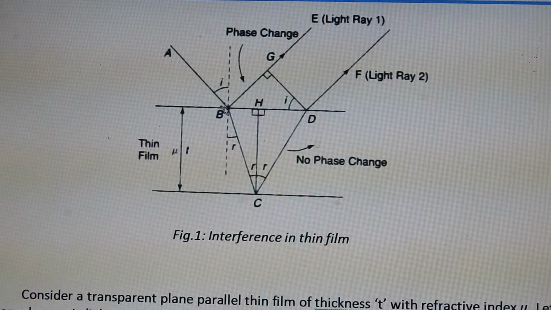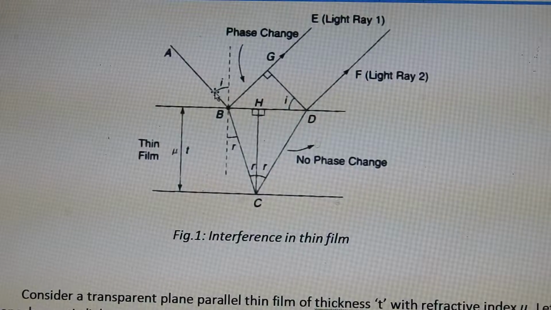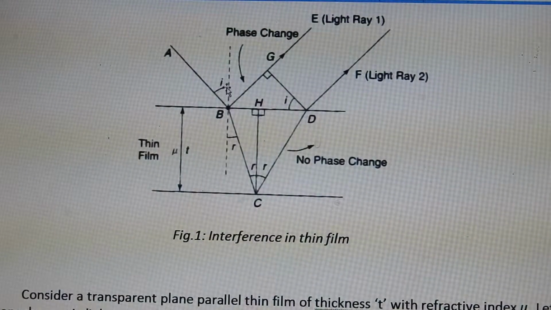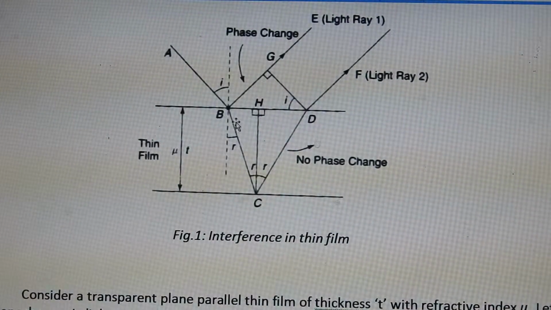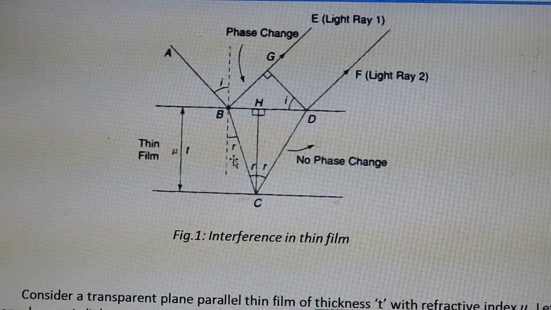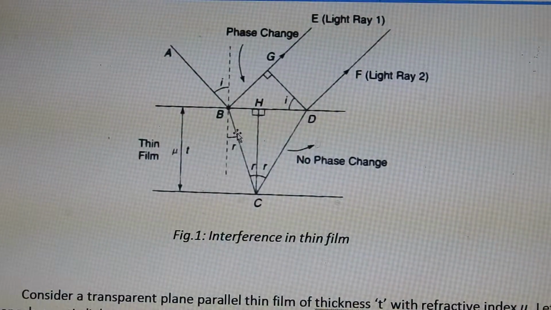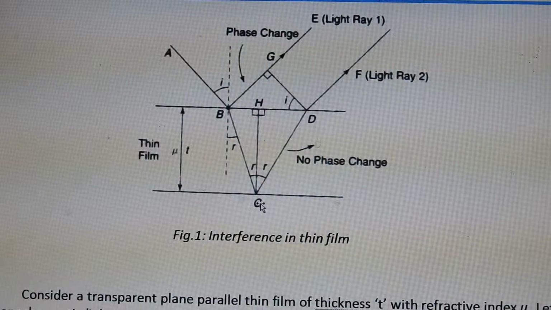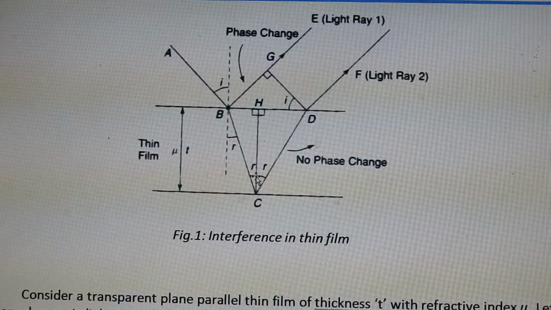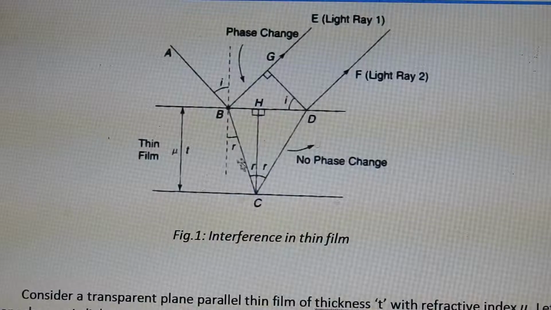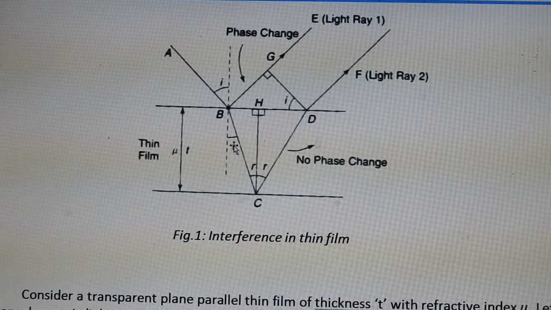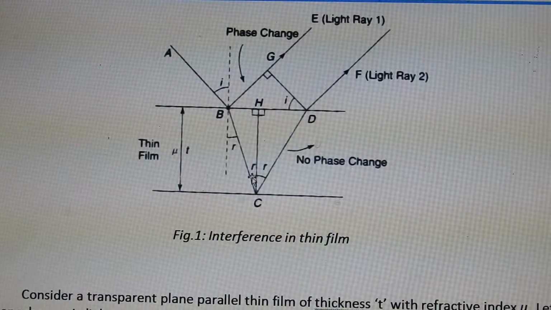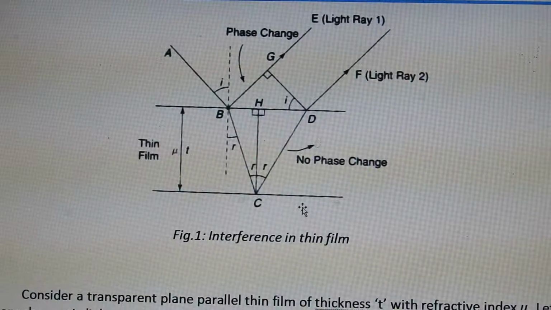Here the ray is incident with the angle of i. This is the angle i. When it is incident with angle i, it refracts into the thin film with angle r. Next, after refraction it is incident on the second surface of the thin film, again with the same angle of refraction r, because they are alternate interior angles. So whatever angle is present here, the same angle is present there.